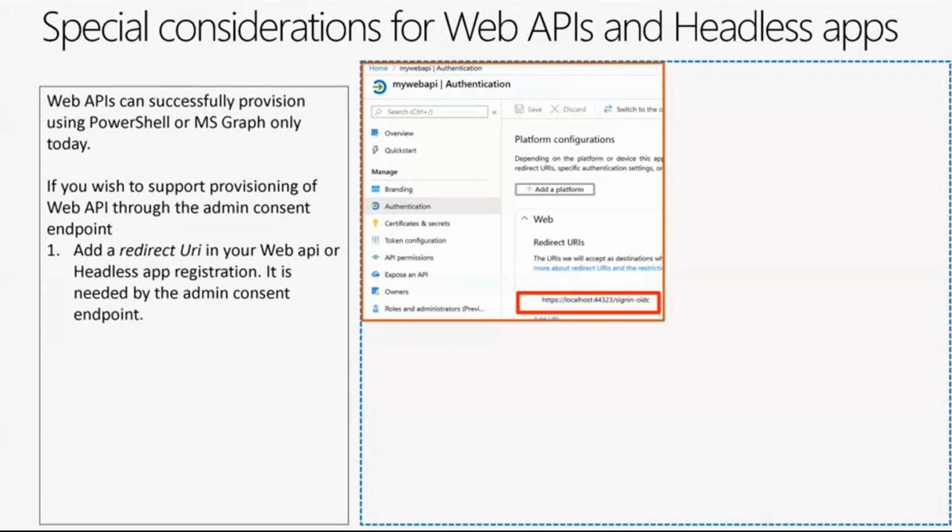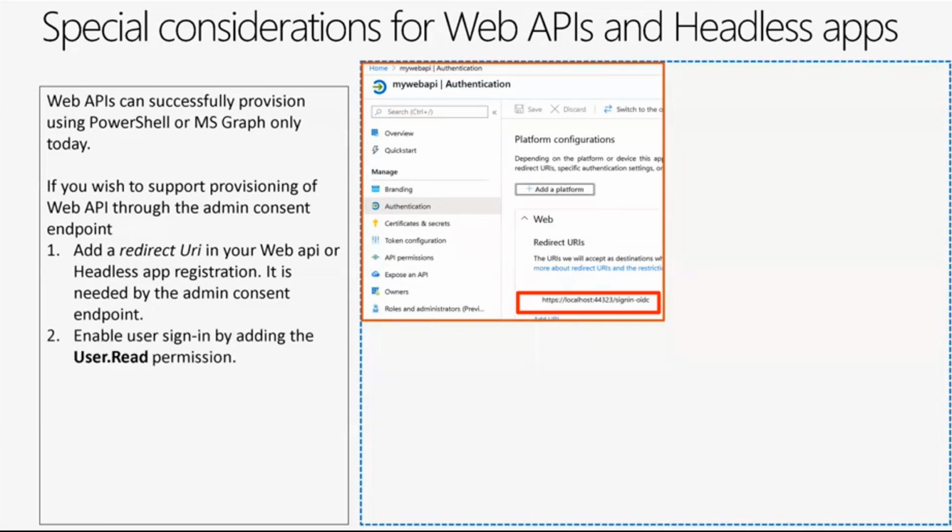That is not just adding a redirect URI, you will have to basically add a page or a controller in your web API to handle the responses, which is not something that is desired or could be something that you don't want to do either. But unfortunately, we don't have a way around it, because the admin consent endpoint operation executes within a browser, and we need to have a page to send a response to.